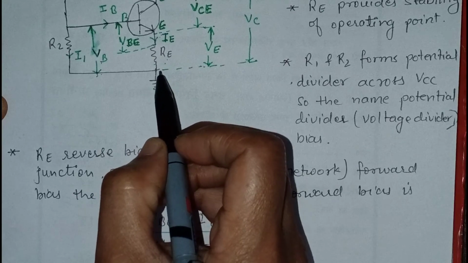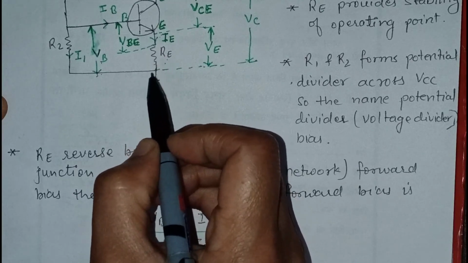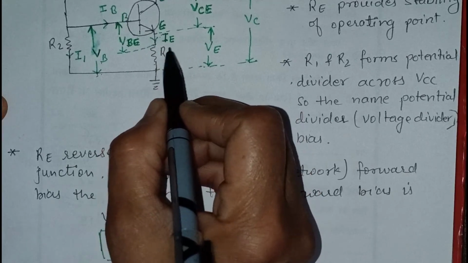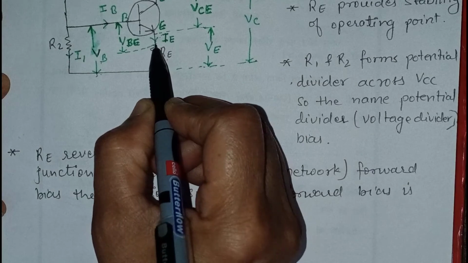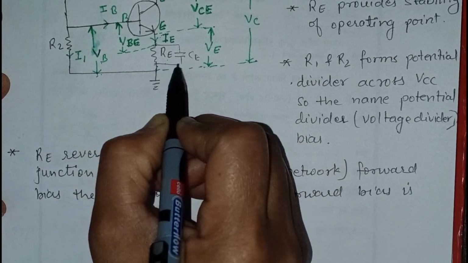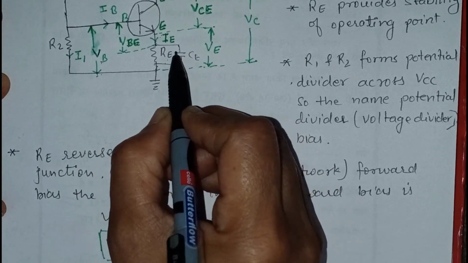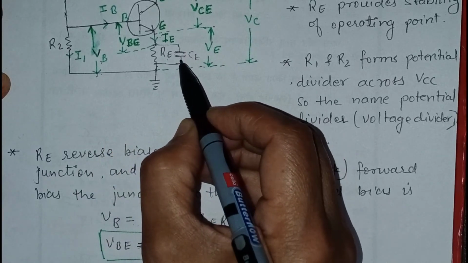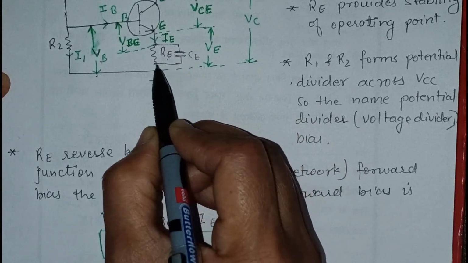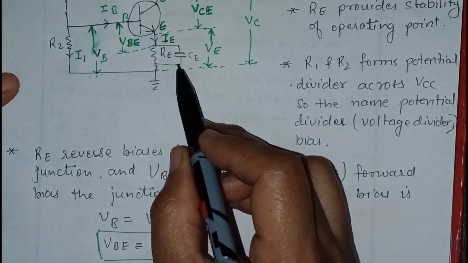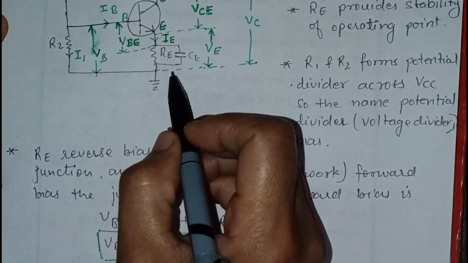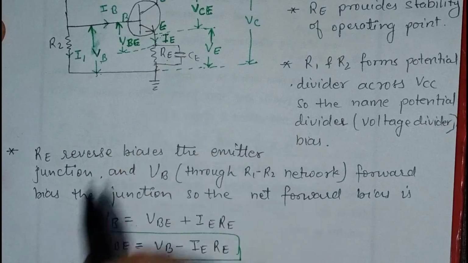But the AC signal is not desirable, because when the AC signal is fed back to the input side, this reduces the gain of the amplifier. To solve this problem, we can connect a capacitor across RE like this, CE. We know that a capacitor blocks DC and allows AC signal. So all the AC signal will be bypassed through this capacitor. This capacitor helps prevent the AC signal going back into the input side, so this will help to maintain the gain of the amplifier.